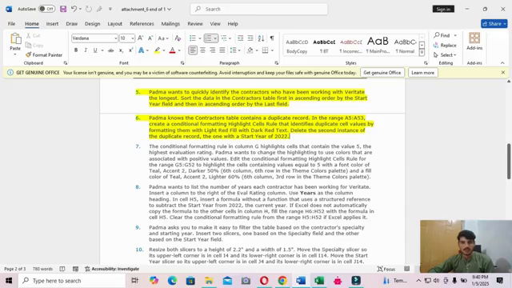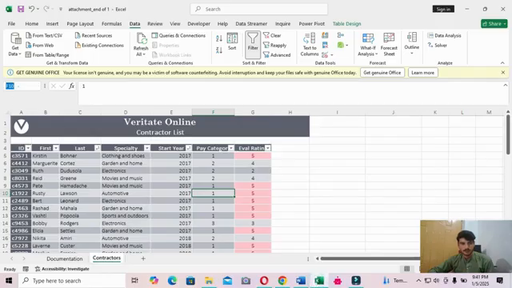Create a conditional formatting Highlight Cells rule that identifies the duplicate cell value by formatting them with light red fill with dark red text, and delete the second instance of the duplicate. Okay, go back to the Excel sheet and select the range A5 and then A53.